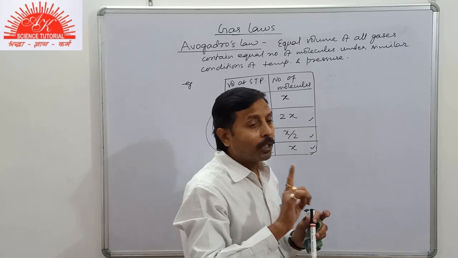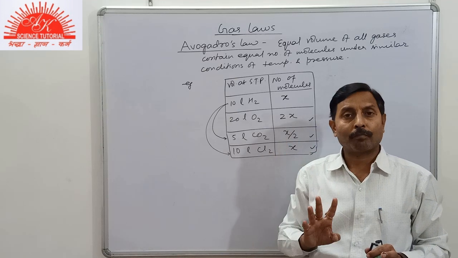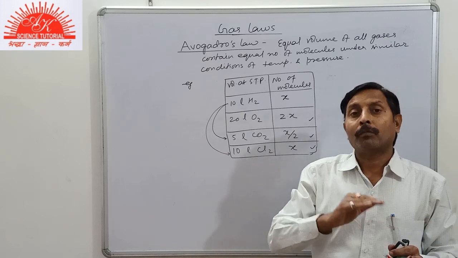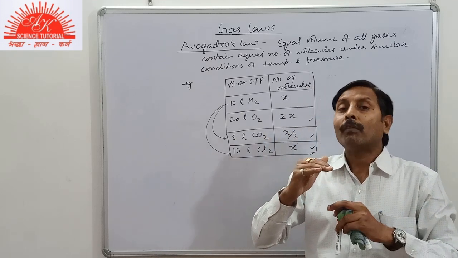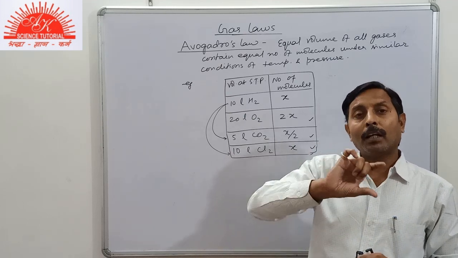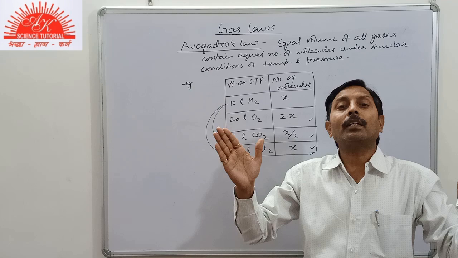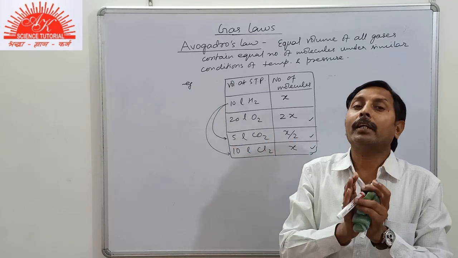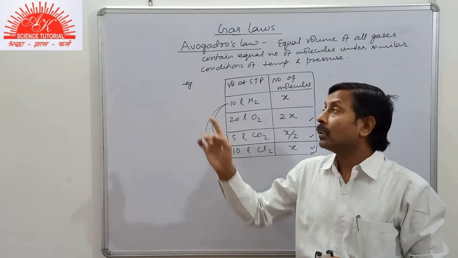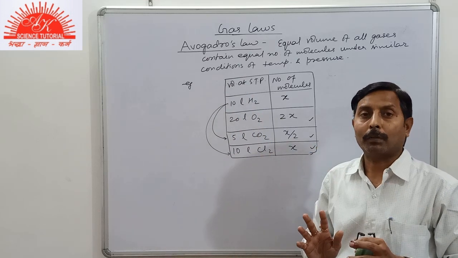Again remember, at the same conditions of temperature and pressure, if the volume is the same, the number of molecules will be the same. If the volume is doubled, the number of molecules is doubled. If volume is half, molecules will become half, and vice versa. That is just the reverse: in a given condition, if the number of molecules gets doubled for the same temperature and pressure, the volume will also get doubled. Like, suppose 100 molecules take some space, then 200 molecules will take twice the space. So, students, this is Avogadro's law. This is a very simple example.